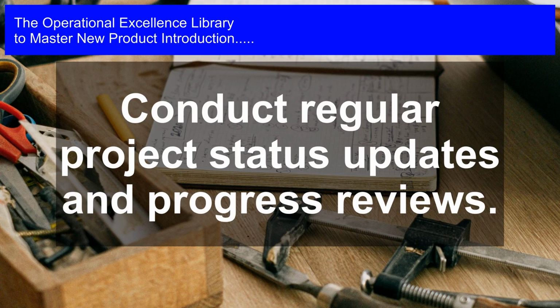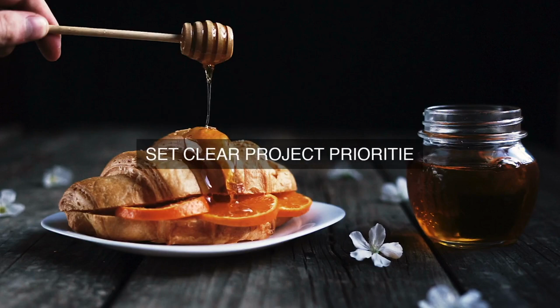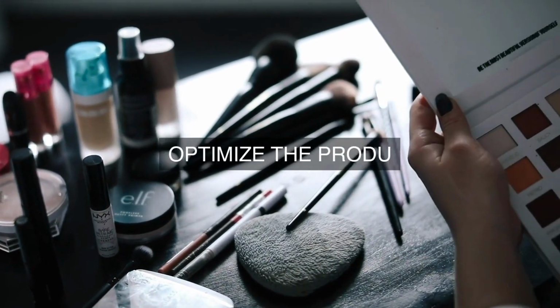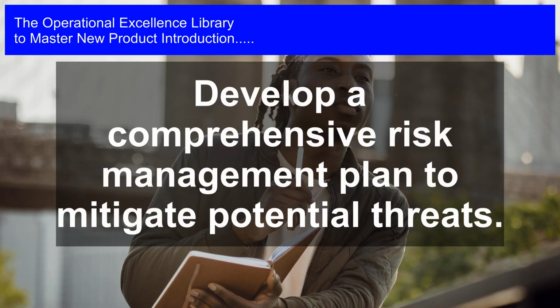addressed promptly and effectively. To ensure that all projects are delivered within budget, the organization must implement a cost management system that includes budgeting, forecasting, and tracking. The cost management system must be integrated with the project scheduling system to ensure that costs are allocated to projects based on their schedules. The organization must also conduct regular cost reviews and variance analysis to identify and mitigate any